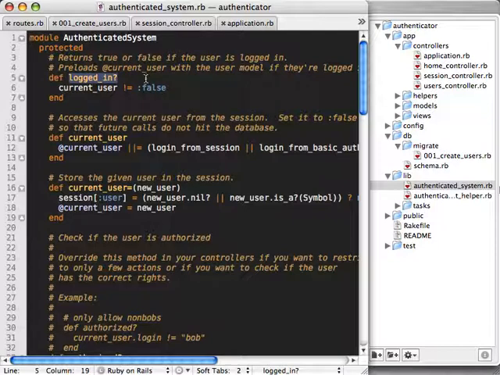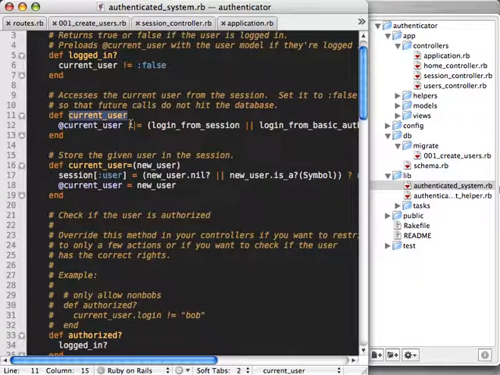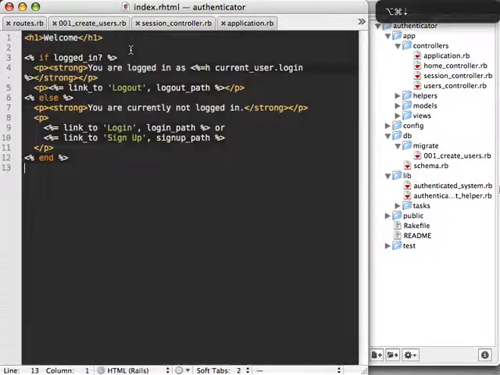There's this logged in method to see if a user is logged in. There's this current user method to fetch a user, and both of these methods I'm using in that one home page on there. So if we go in our homes controller, we can look in this index action, and this is basically what tells you the status of your login that you saw earlier. I'm using that logged in method. It sees if the user is logged in. If it is, then it displays that user with their name with a logout link, and if they aren't logged in, then it displays you're not logged in with the login and sign up link. All right, let's go back in that